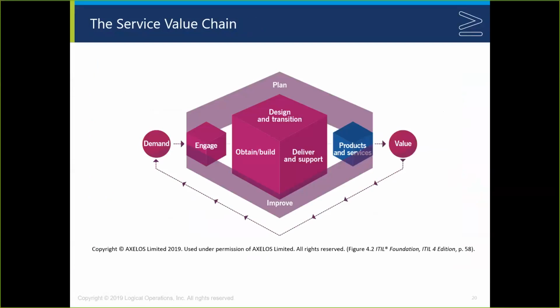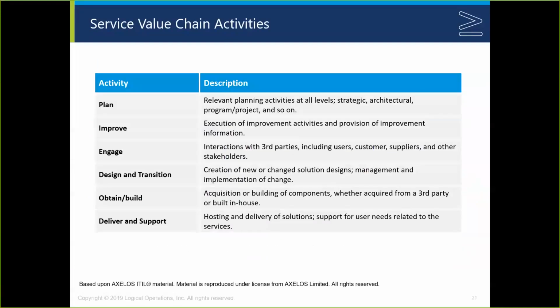All right, so we can introduce the service value chain as having these 6 core activities. We want to be able to plan things. We want to be able to improve things. We want to be able to create engagements with various stakeholders. We want to be able to design and transition services. We want to be able to obtain and build various components. And we want to be able to deliver and support things. Right, now having said that,